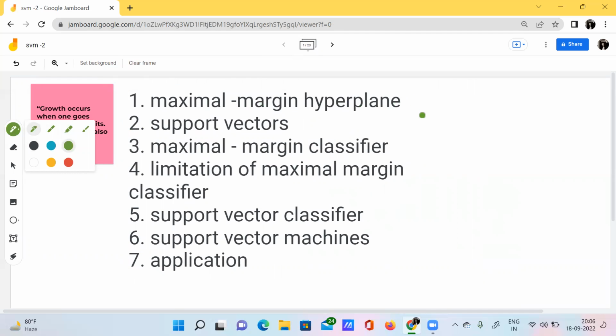See here. First of all, I have covered what is meant by the maximal margin hyperplane with the help of